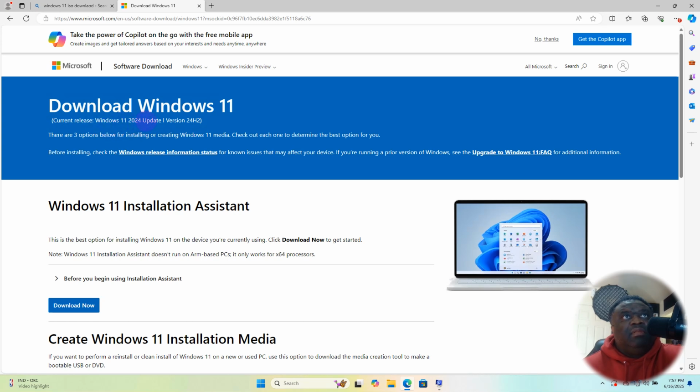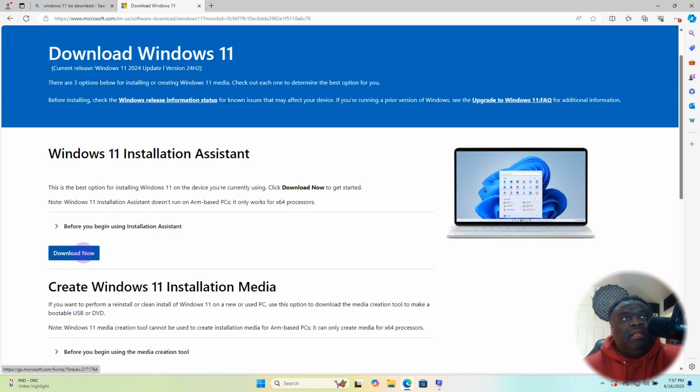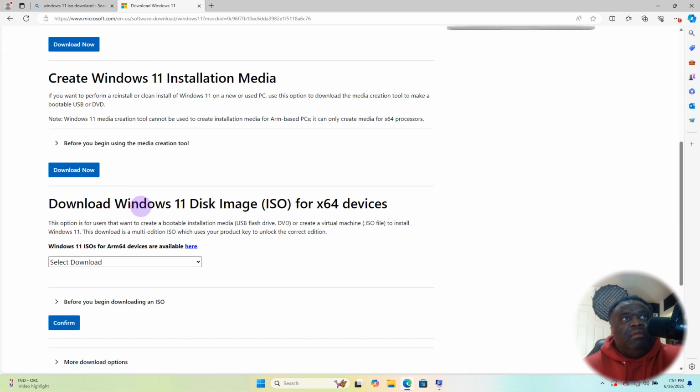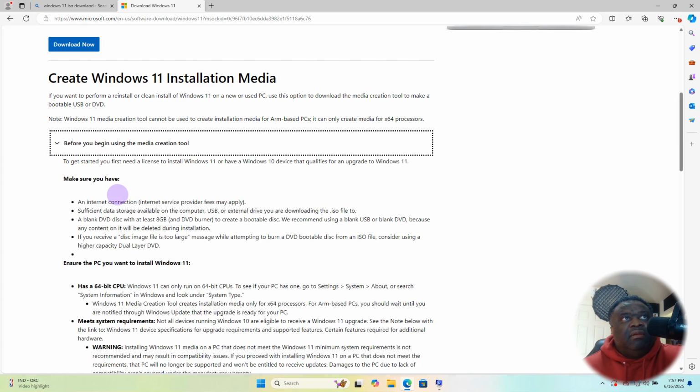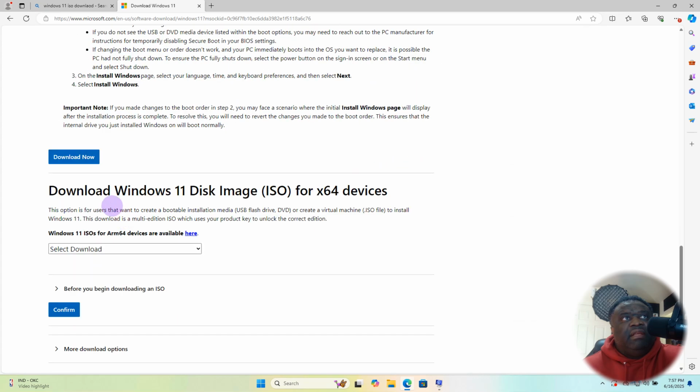We are working with the 24H2 right there. So we're just going to go ahead and click download to start with the installation, and it will run. But for us, we want to create an installation media, right? So that we can have the ISO. So we're just going to go ahead and download right here, and that will help you to create the installation